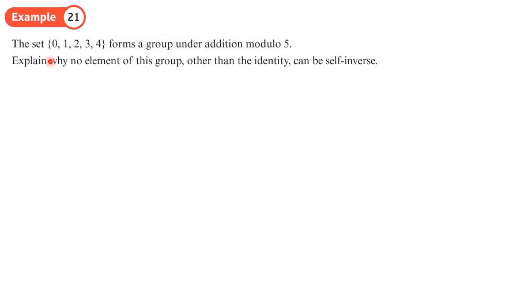Okay, it says here that we've got this set 0, 1, 2, 3, 4 forms a group under addition modulo 5. Explain why no element of this group other than the identity can be self-inverse. Okay, well the first thing is if an element is self-inverse,